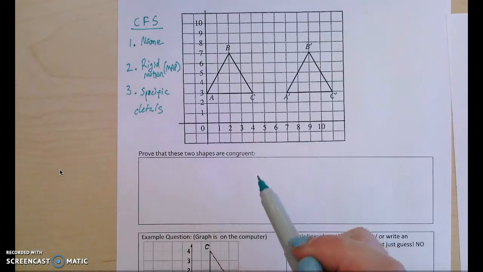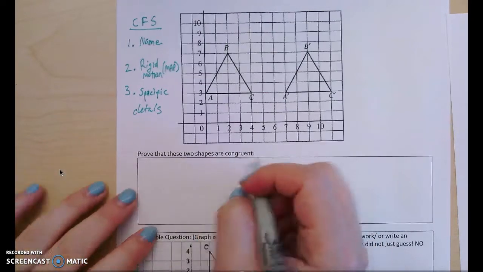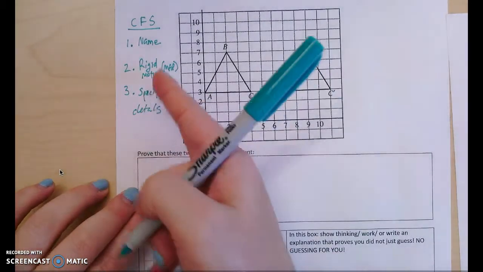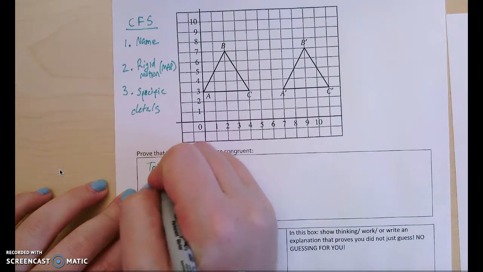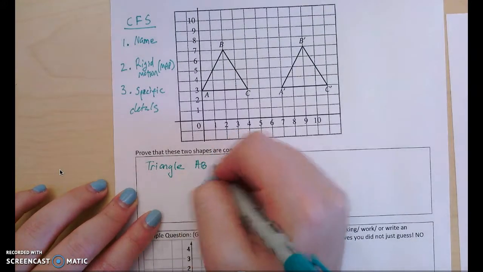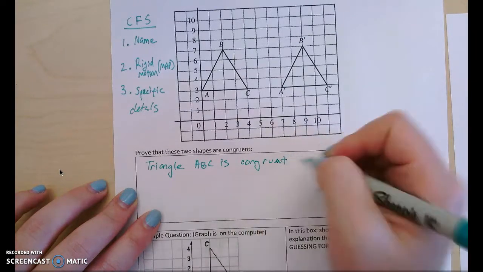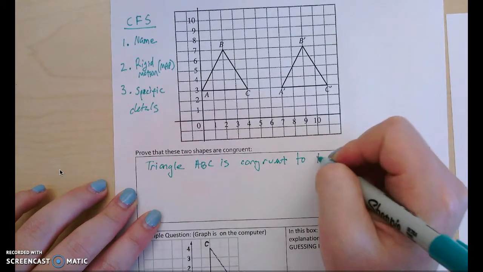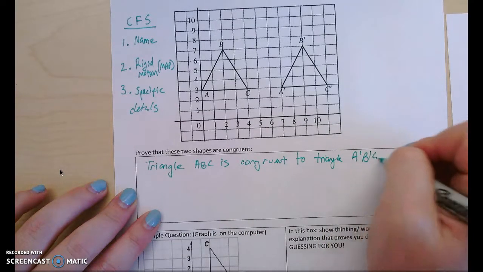So let's take a look and see if you're right. There's one huge issue with this problem that people have been having every year I've taught this. So let's go through our congruence list. The name. So triangle, it's okay if you just wrote figure. Triangle ABC is congruent, complete sentences, to triangle A prime, B prime, C prime,